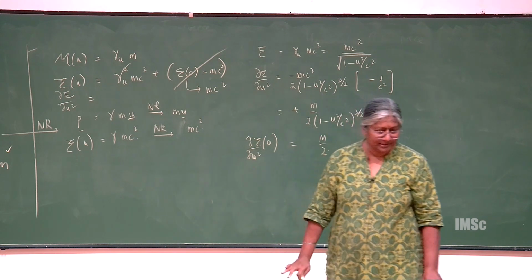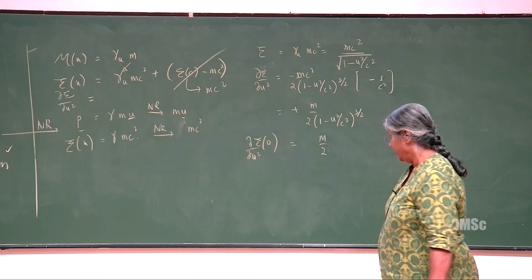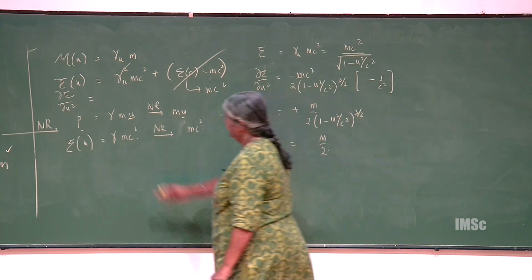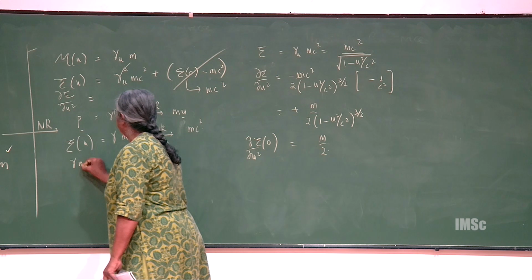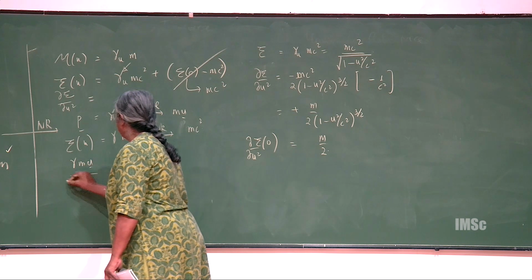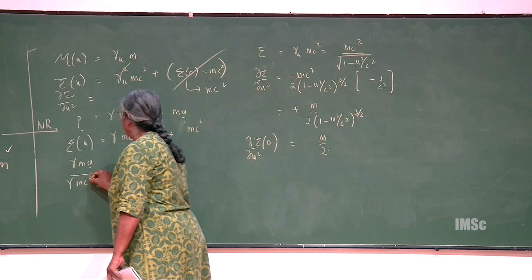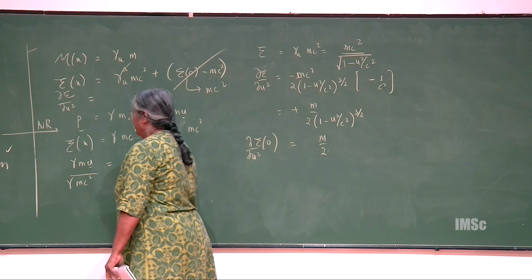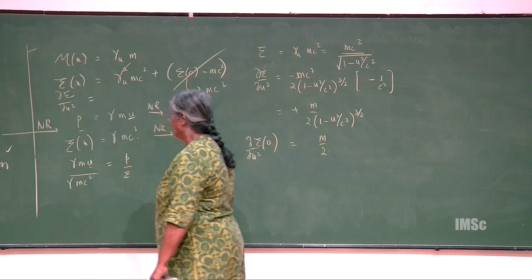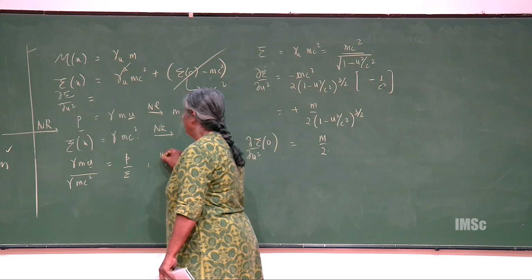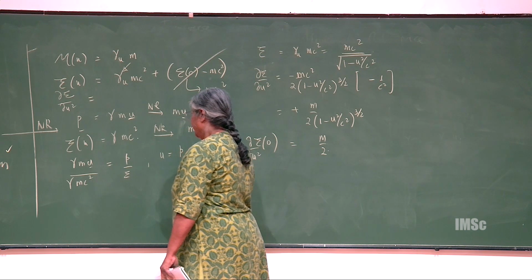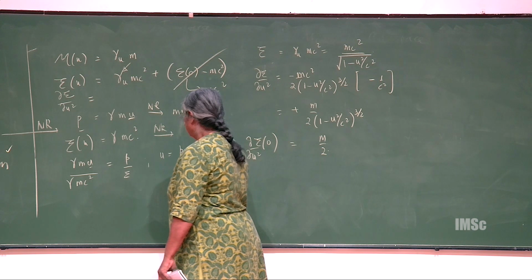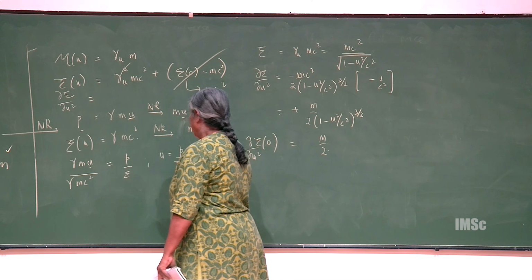So just from consistency we have got this relationship, and now you can see that u is equal to, so if I take gamma mu by gamma mc squared is equal to P by E, or u is equal to P by c squared,